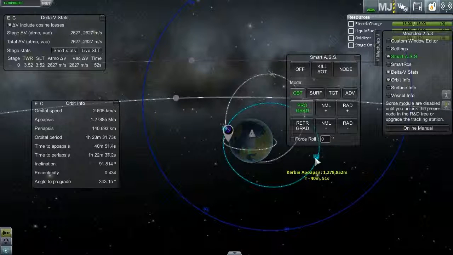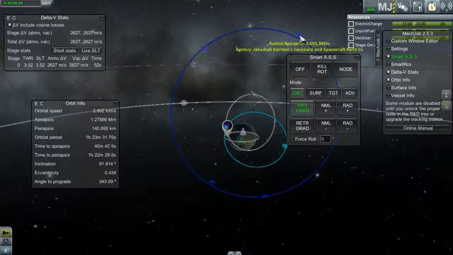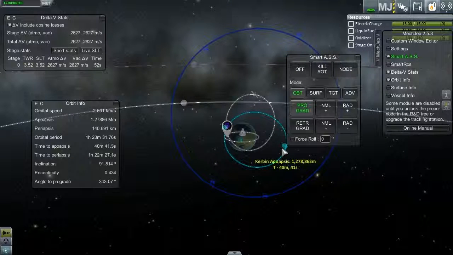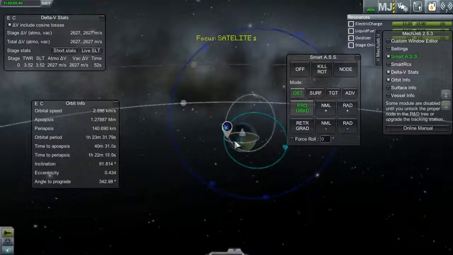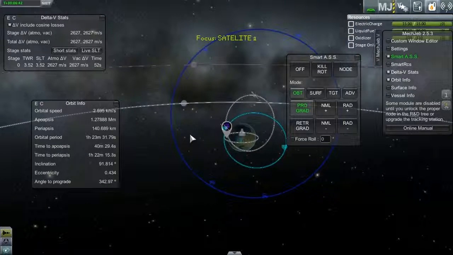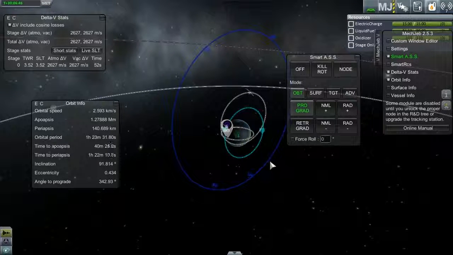So there's the apoapsis. Now we've got a bit more circularization than we had in the previous one, so I think we did a bit of a better launch this time, not crashing back. So what I'm going to do now is warp a bit before it, I believe, and raise the other side up. As you can see, it's quite a weird circle anyway, but